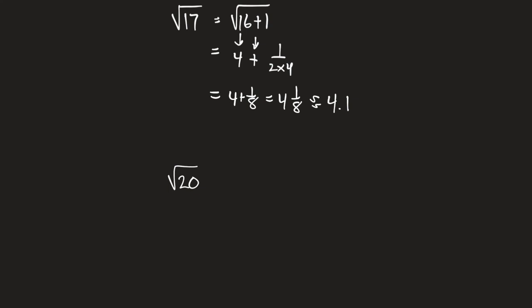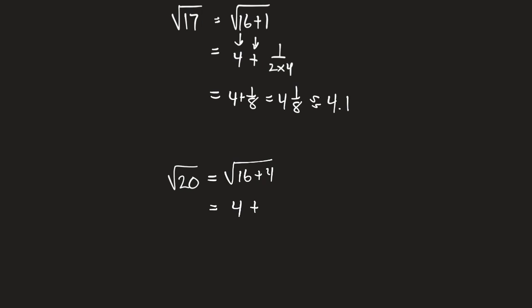Okay, assuming you've tried this, we have the square root of 20 equals approximately what? What's the closest perfect square? Is it 16 or is it 25? I believe it's 16, right? Because 16 is only 4 away. 25 is 5 away. So 16 plus 4, right? So the square root of 16 is 4